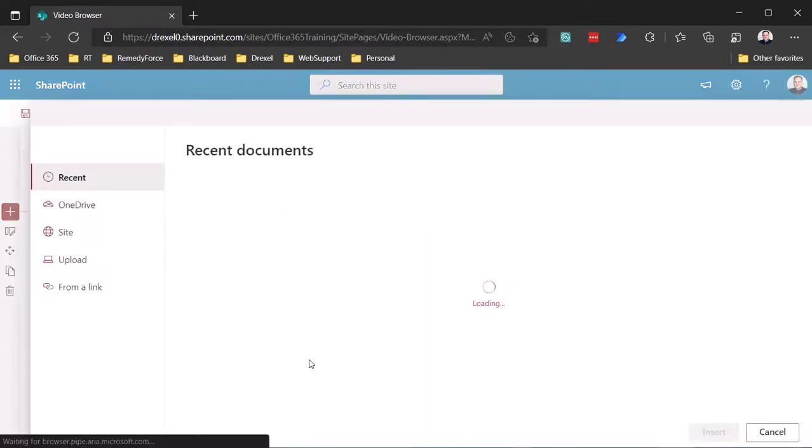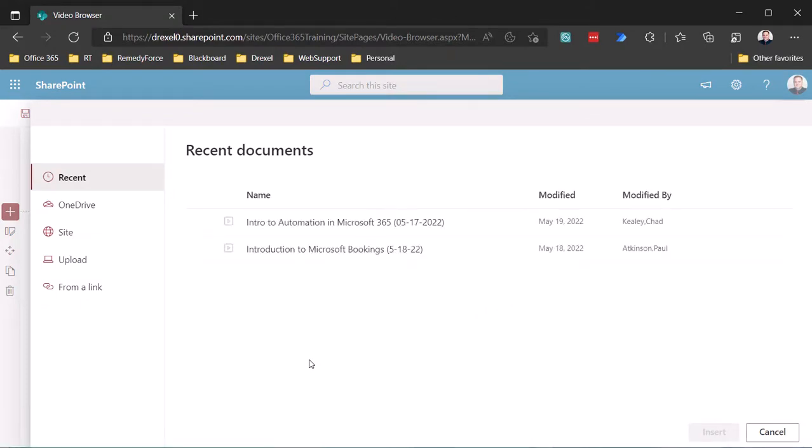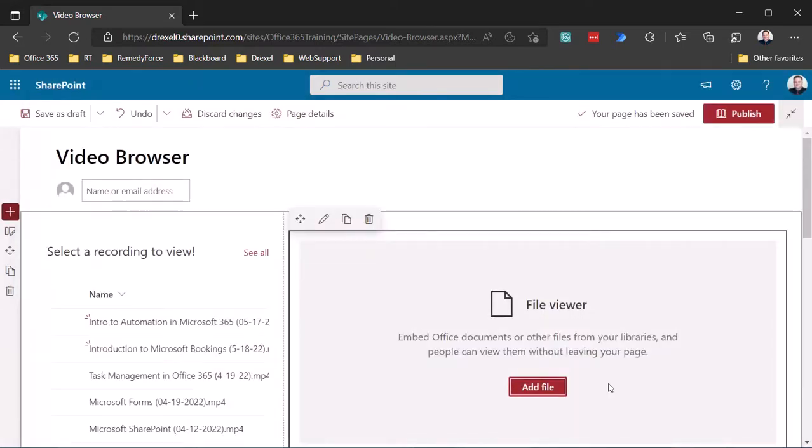because when you choose that file viewer web part, it immediately takes you to this dialog where it wants you to select a file. The problem is that I want this to be dynamic. So I could select the file here, but then every time I want to show someone a different video, I'd have to change that. So what you want to do is just hit cancel to get out of that dialog,